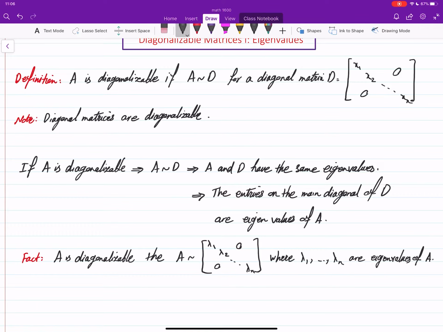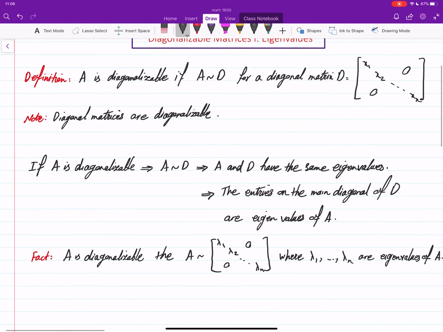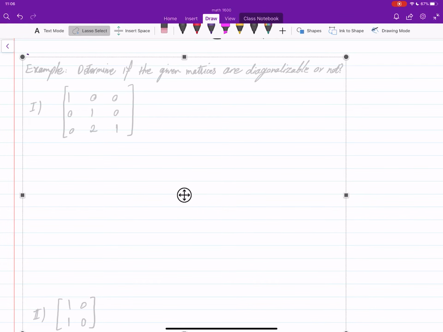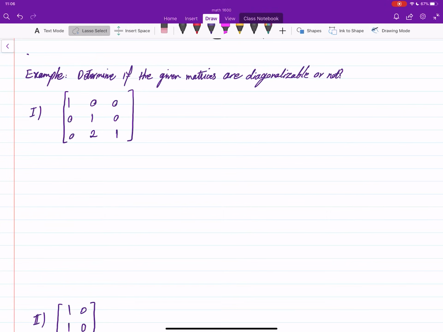So we know what kind of matrix diagonalizable matrices are similar to. Just put the eigenvalues of the matrix A on the main diagonal. That's what we have. Well, we can use this to do some work here. It is a very nice fact that can be used in some cases to determine if a matrix is diagonalizable